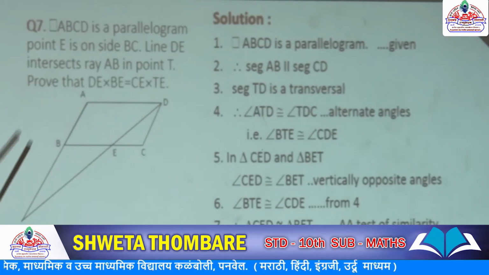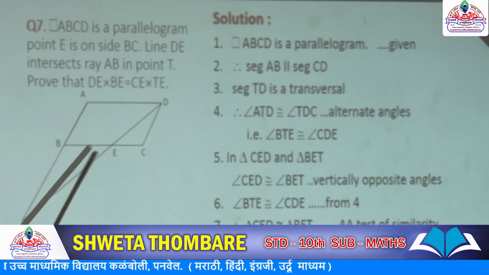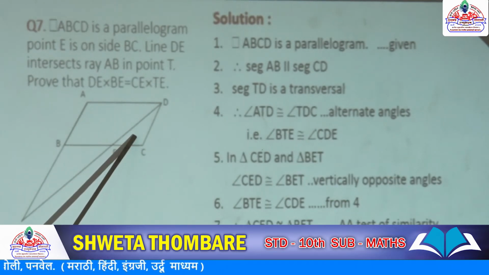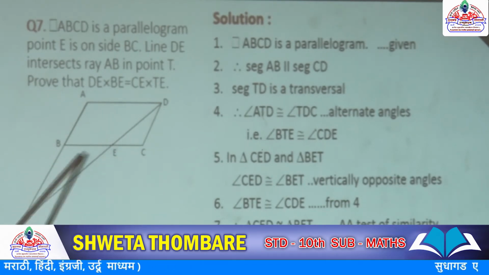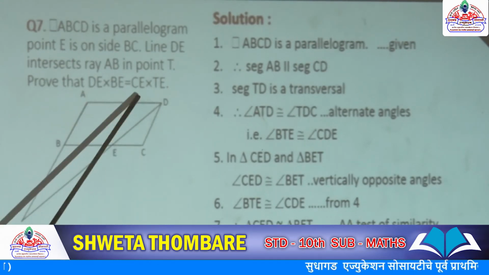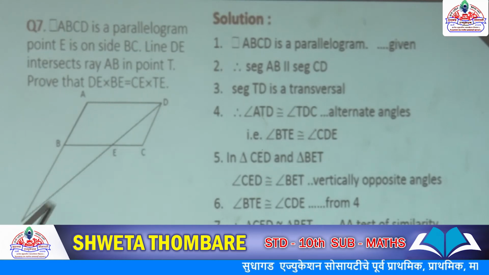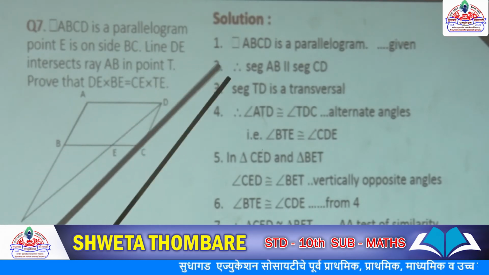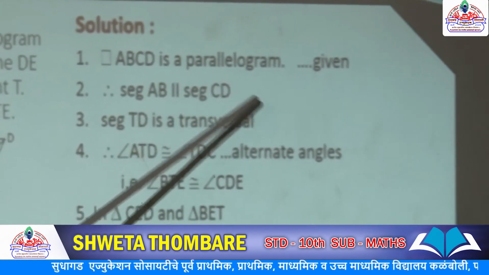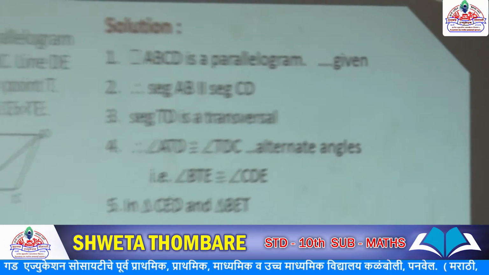Now again, to get this proof, two triangles are seen in the figure. The two triangles we have to show similar. Okay, then their corresponding sides become proportional, and then we can get this proof here. So let's start our proof. Here quadrilateral ABCD is a parallelogram. It is given to us. Then second thing, what is given?